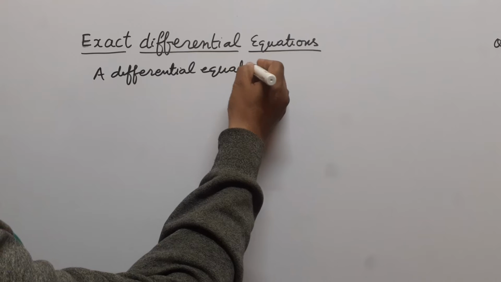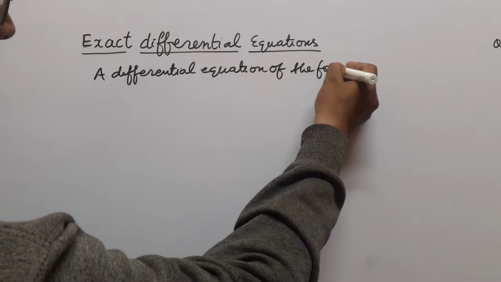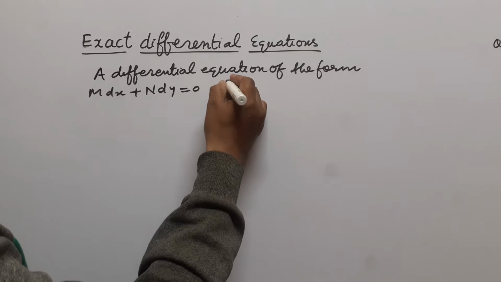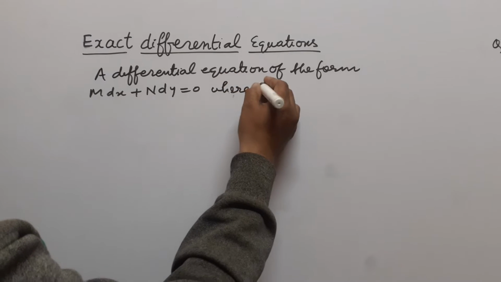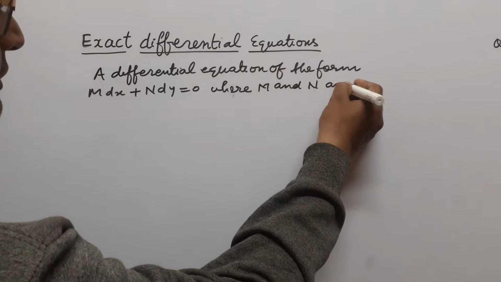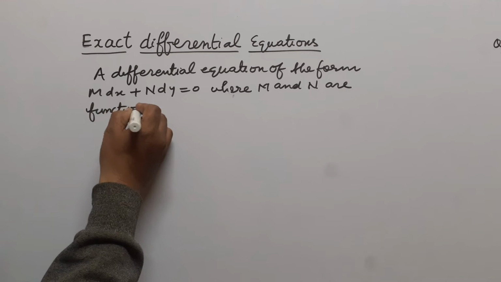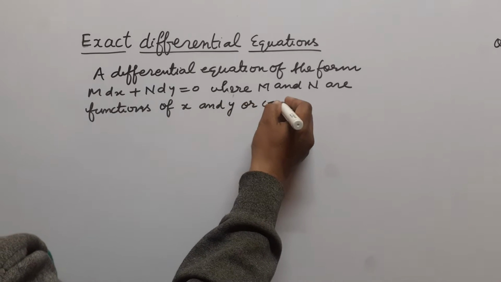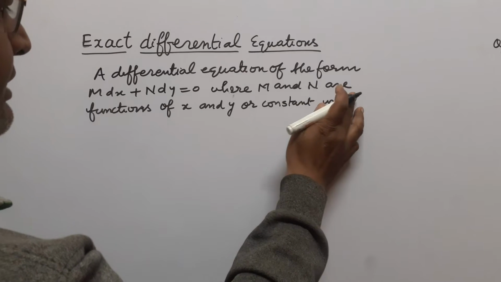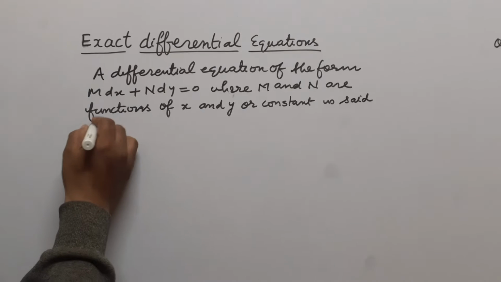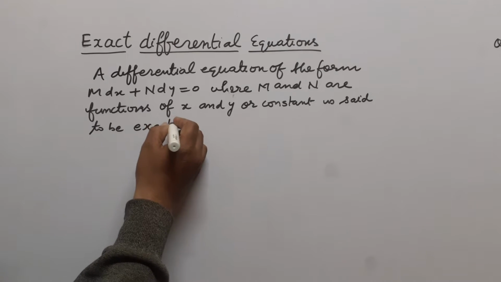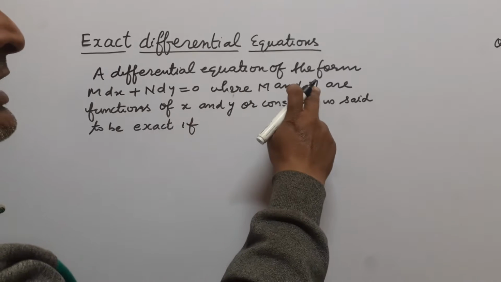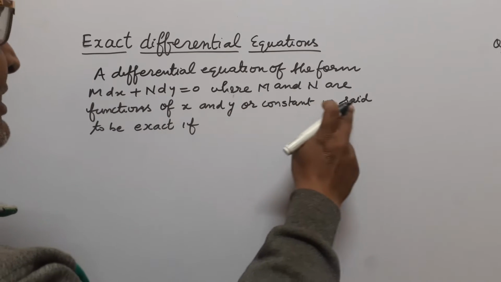A differential equation of the form M dx plus N dy is equal to 0, where M and N are functions of x and y or constant, is said to be exact